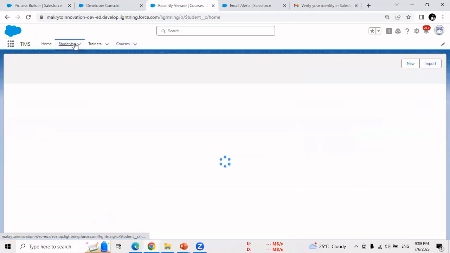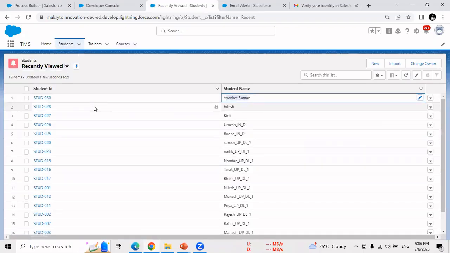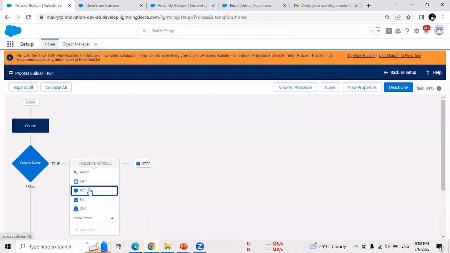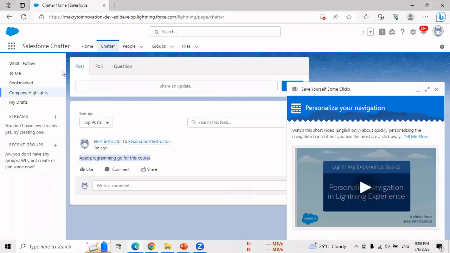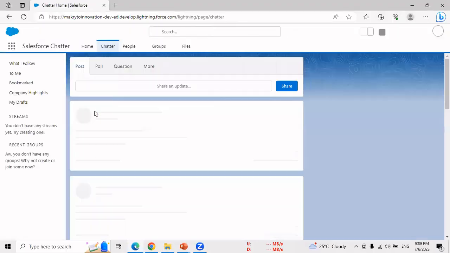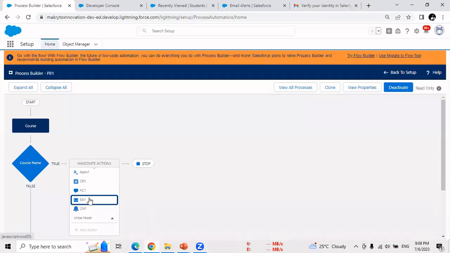Go to your students and search for the Venkat Raman. You can see the Venkat Raman has been created with a different ID this time. Then the third one is PC1, that is post chatter. You go and refresh this chatter. इसको रिफ्रेश करेंगे तो हमारे पास में अभी 2 पोस्ट आपको मिलेगी। नाउ दिस इज फर्स्ट पोस्ट बिफोर 14 मिनट्स ago and this is the new post which is posted just now। तो ये हमारा थर्ड एक्शन परफॉर्म हो गया। देन वी हैव ईमेल अलर्ट्स।